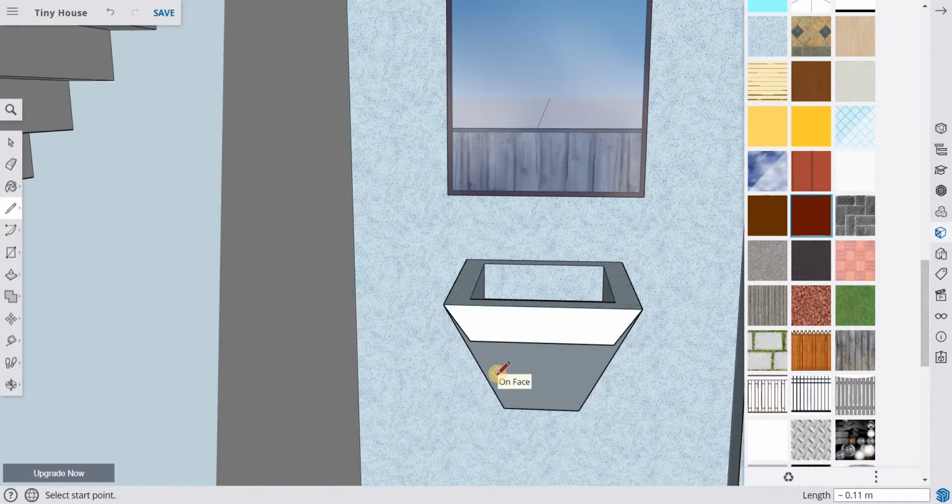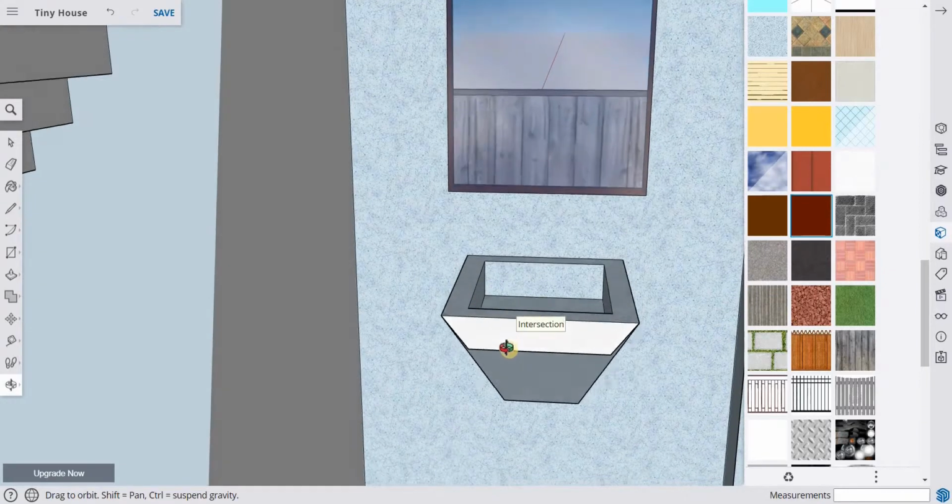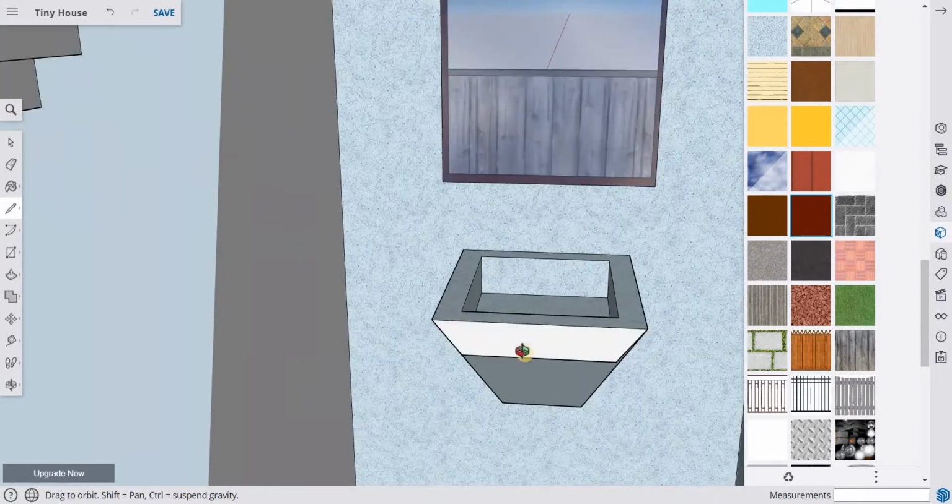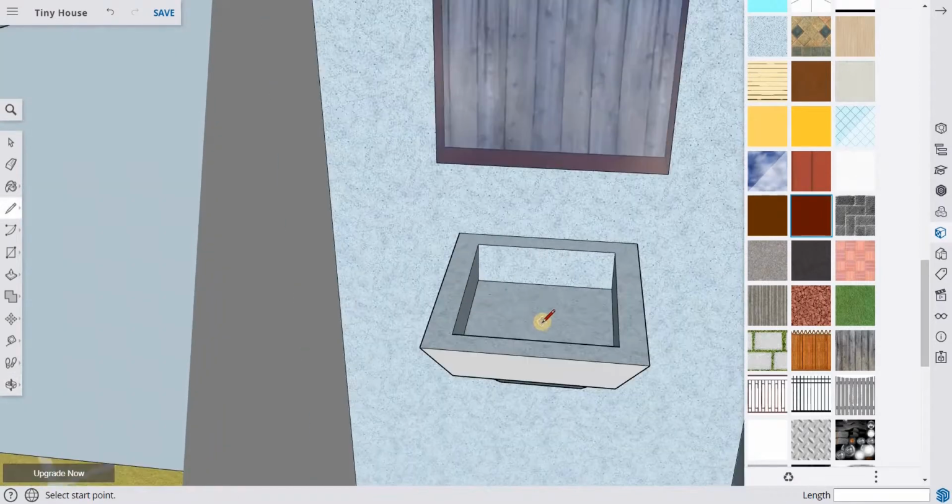Okay, so now you see a more diverse look, and here we simply add a circle, and I want it at the corner. Okay, so there's your circle, and now using the push pull to make it look like a sink,